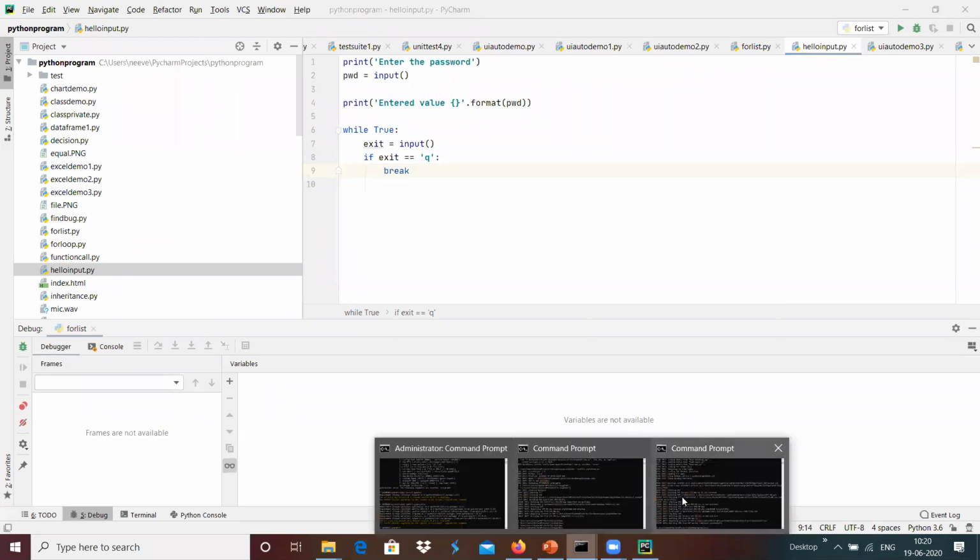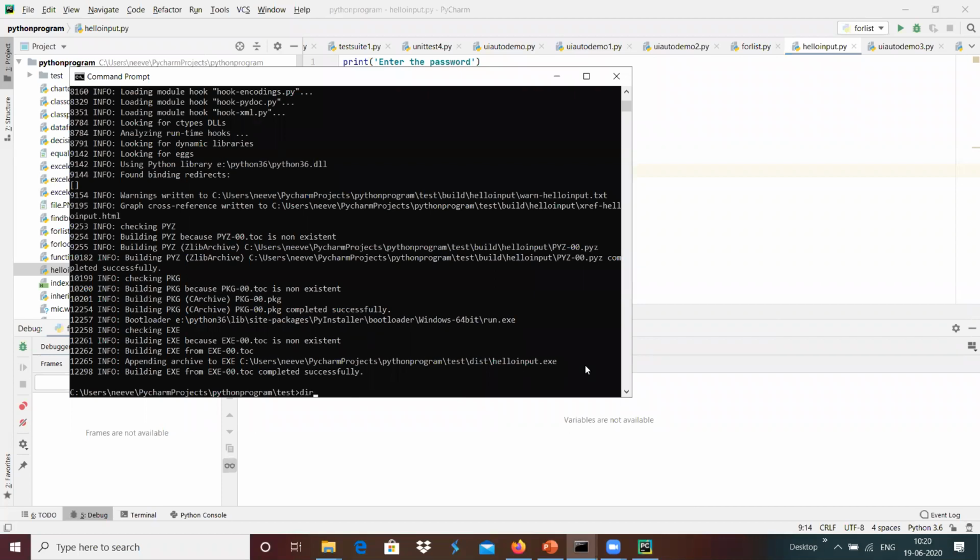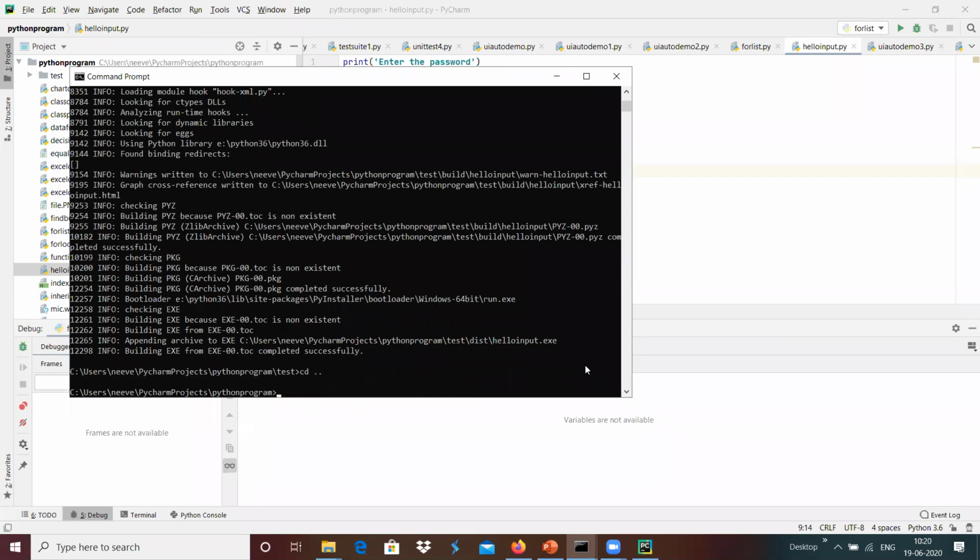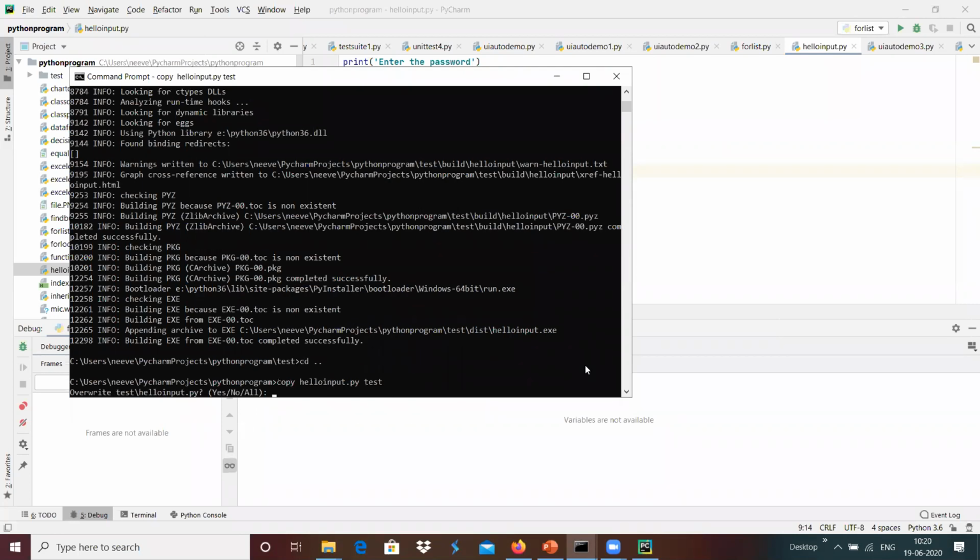Now I'm going to copy this hello input.py into the test. cd, copy hello input.